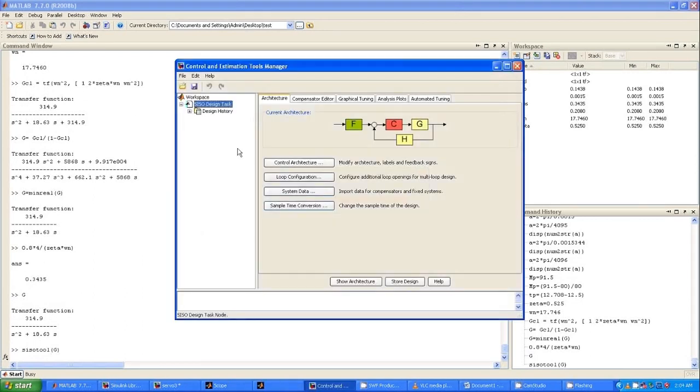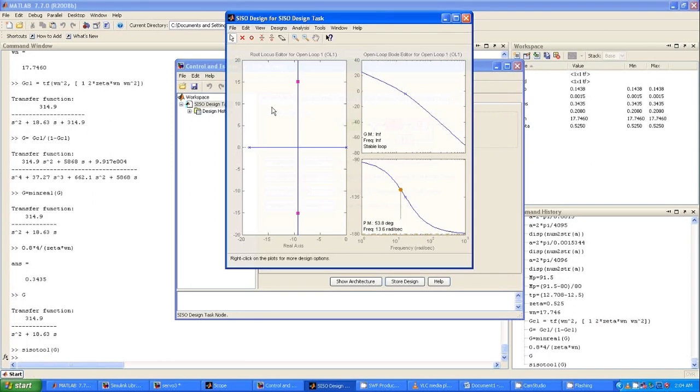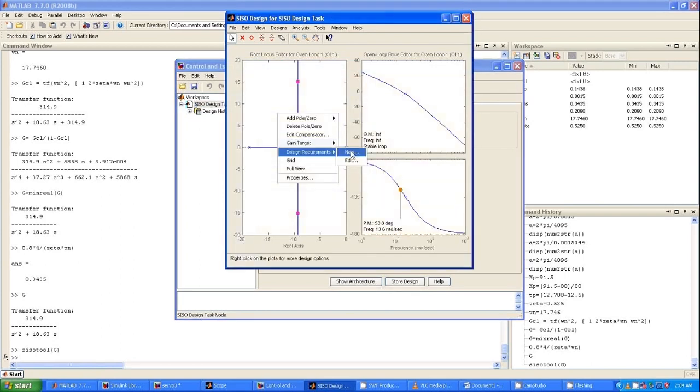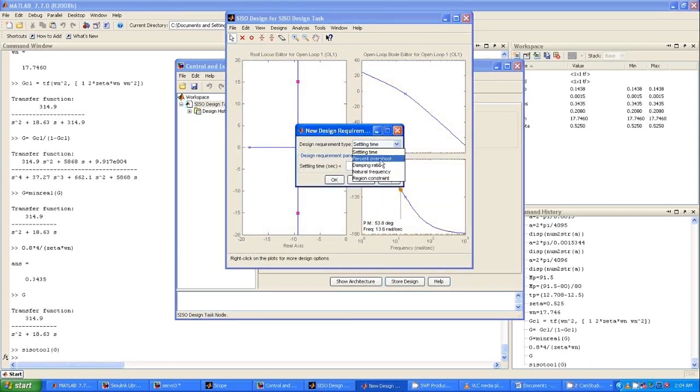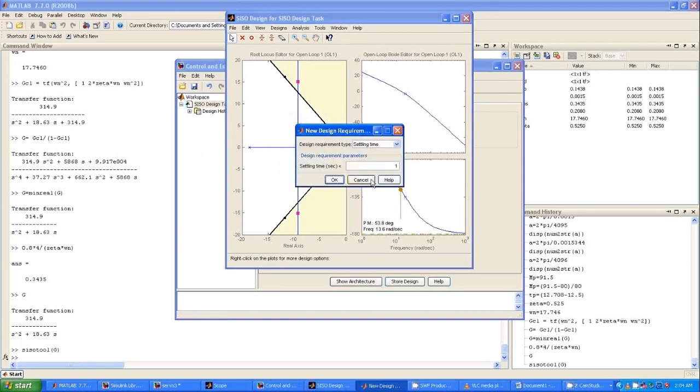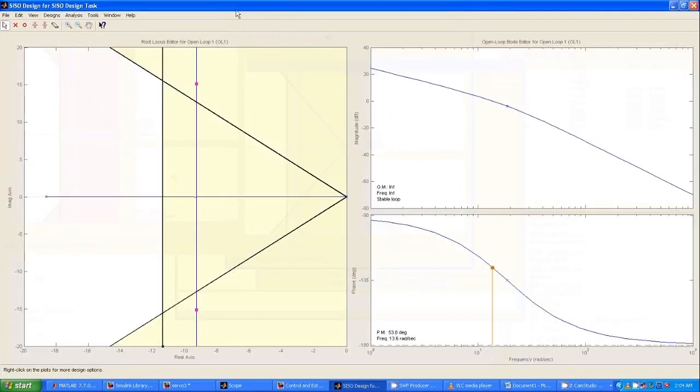In the root locus plot, let us add the desired specifications, settling time as well as overshoot. The settling time value you are entering is 0.3435, and the overshoot also we have entered.